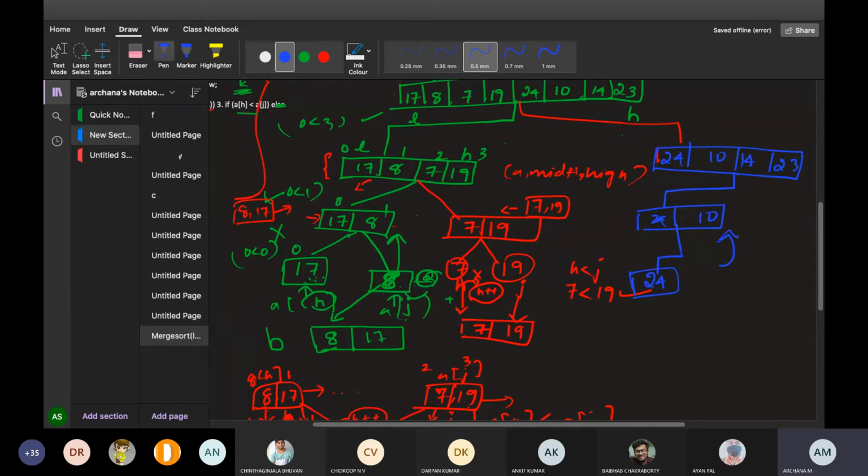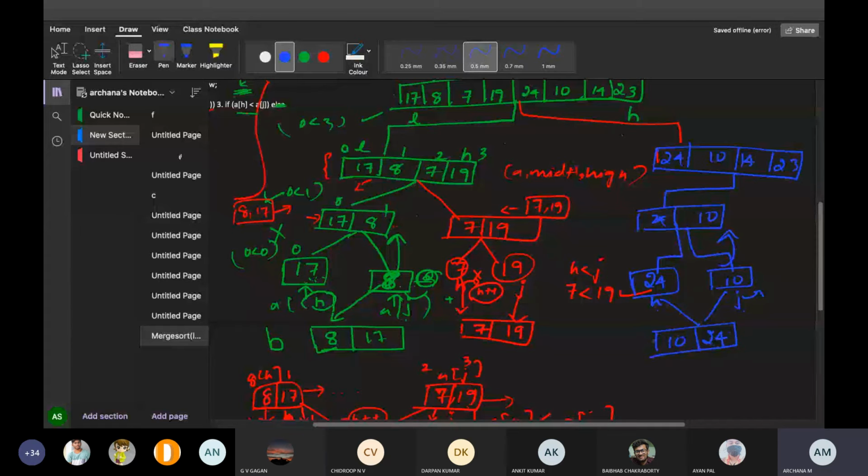Now again it will go back. It will divide this into the right hand part. Now you will get 10. Now this will be considered as J. Now you have to merge these two. So is H less than or equal to J? No, false. So go to the else part, put that element here. Okay, then increment the value. You cannot increment J anything. So directly put the value.